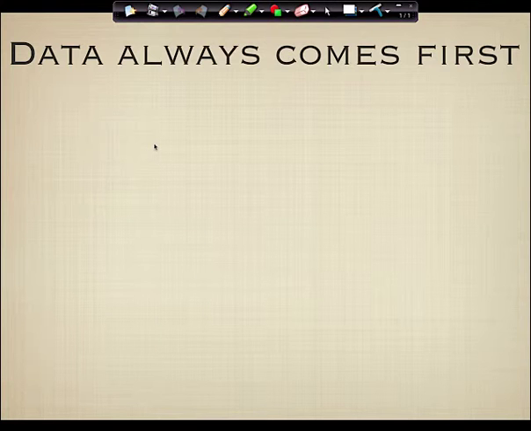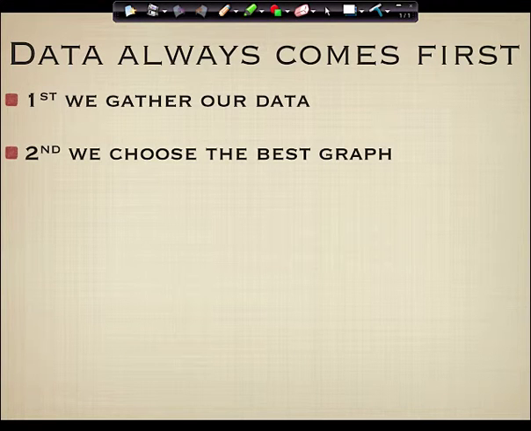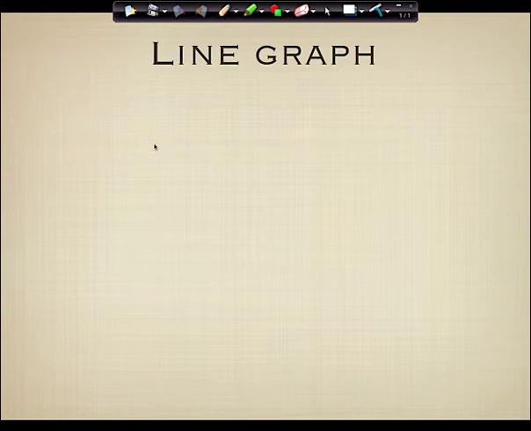Let's go into this a little more deeply. So guys, when you're doing a graph, and you don't need to write this down, it's self-apparent, but the bottom line is this. You always collect the data first and choose the graph second. So if you need to make a graph, and this is going to be in the homework, you've got to justify your choices. Guys, when you choose a graph type, it's got to be done intelligently. So let me give you the tools to do that. Ready? First of all, line graphs. Get this in your notes.